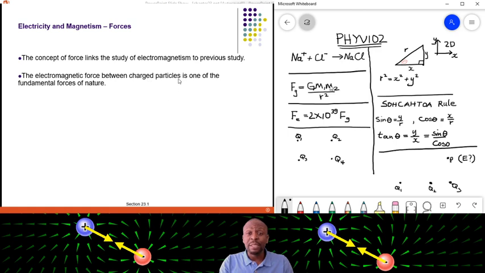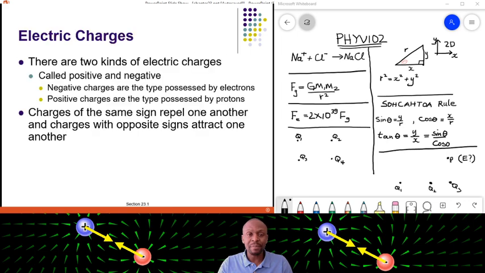So now in this chapter, I'm going to introduce you to the electric force, or Coulomb's force. There are two kinds of electric charges, positive and negative. Negative charges are the ones possessed by electrons, while positive charges are possessed by protons when you consider the atom. And of course, like charges always repel, but charges of opposite sign always